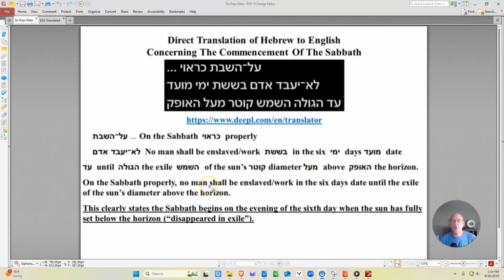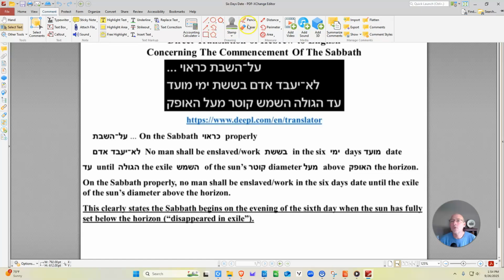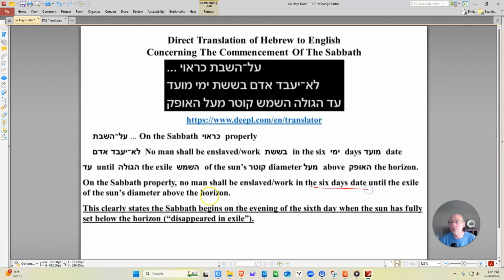And then he summarizes it without all of the interruptions of the Hebrew words. So just the English of that translation is: on the Sabbath properly, no man shall be enslaved to work in the six days' date until the exile of the sun's diameter above the horizon. Now, the person that put this video together is saying, well, to him, this idea that